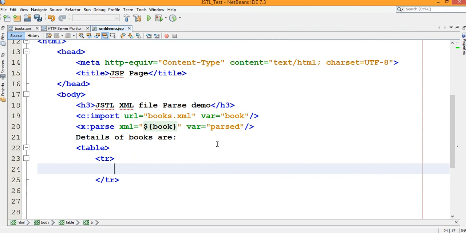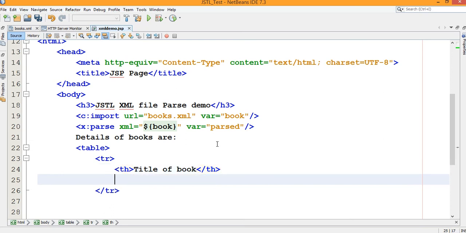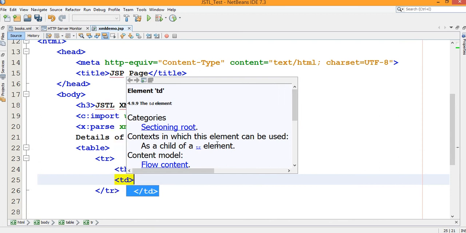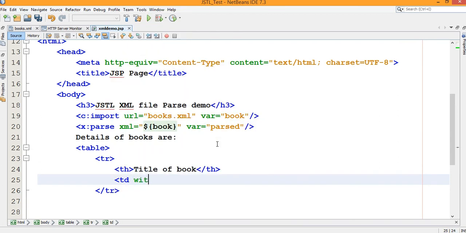This table has a header th; in the first row I am declaring the header, title of a book. Then I require some space, so I am creating a td with width equals 10%, for example, and I am closing it here.